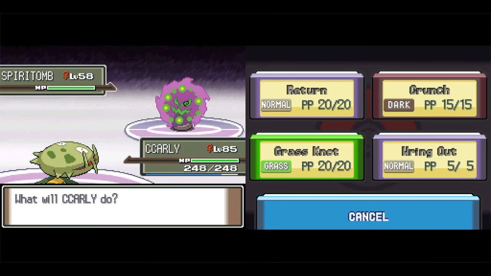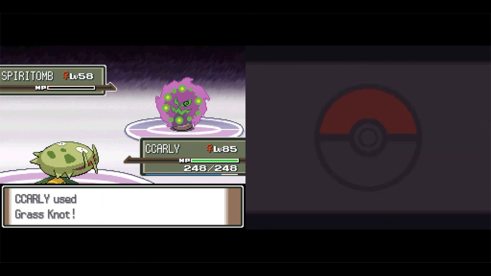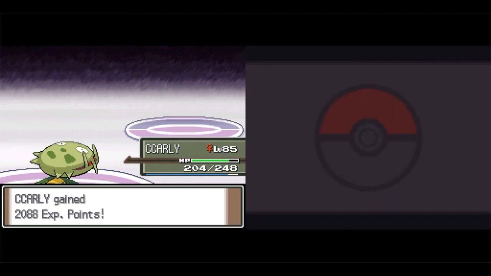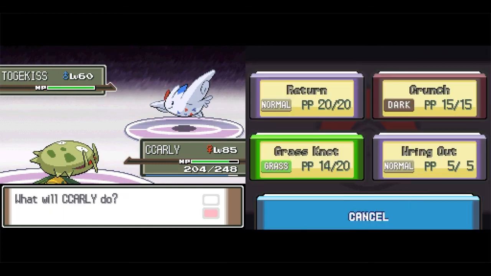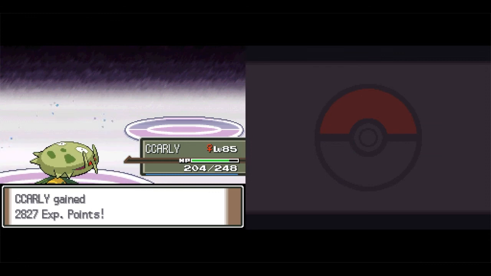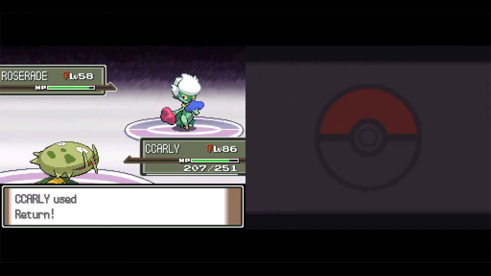She always opened with Spiritomb, and when Grass Knot brought it down to very low health as it hit a Silver Wind, dropping me to 202 health. She then full restored as I hit 2 more Grass Knots to take it out. Next was Togekiss, and C-Carly landed a crit with Return, allowing me to move on without taking any damage. That was huge. Roserade came out and she always goes down to 1 Return,